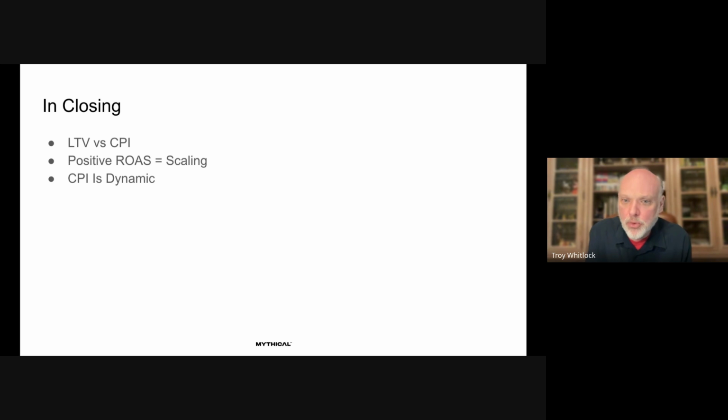All right. And then the last point, and it kind of goes back to the point on the previous slide about forecasting, is about forecasting. CPI fluctuations can kill you. The fluctuations are impacted by all these things: market conditions, seasonality, competition, the effectiveness of your creative, the day of the week, and as I mentioned at the beginning of this talk, the volume of installs you yourself are trying to drive. So recognizing and understanding how those elastic components work is critical for accurate forecasting, and for instance,